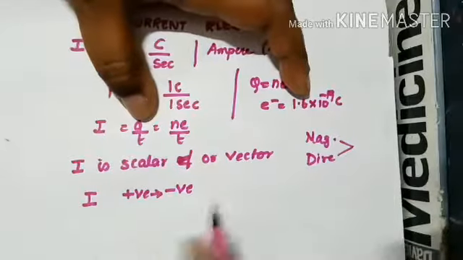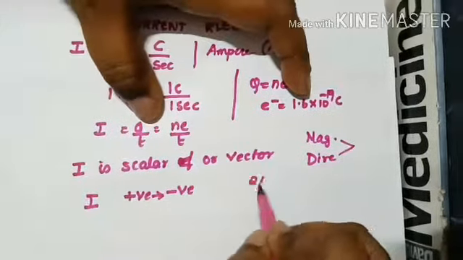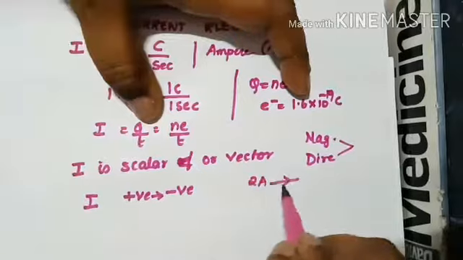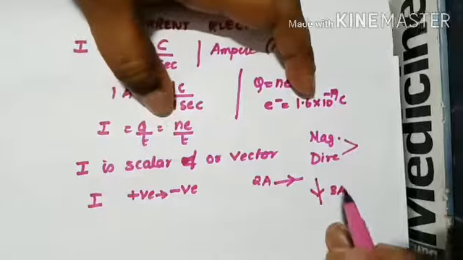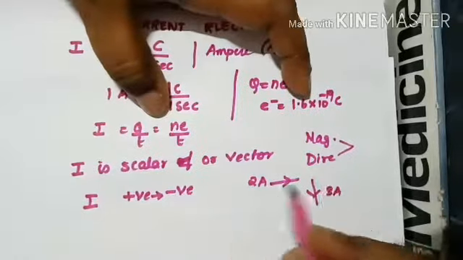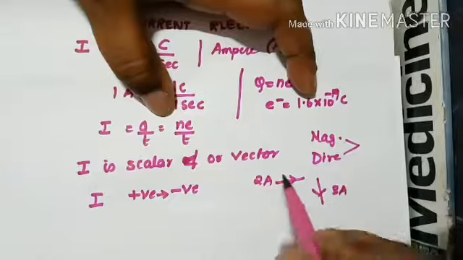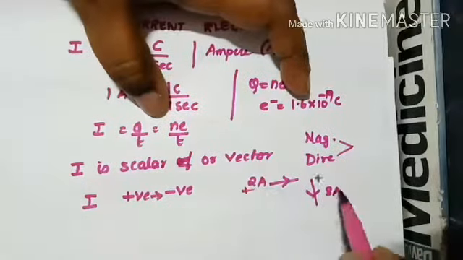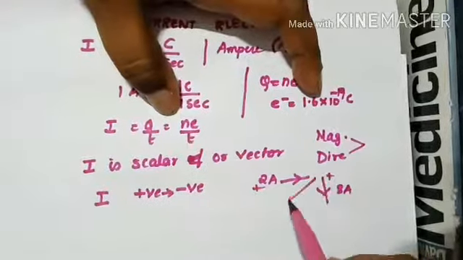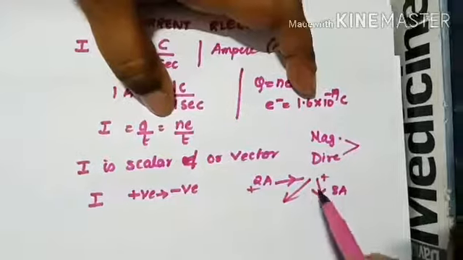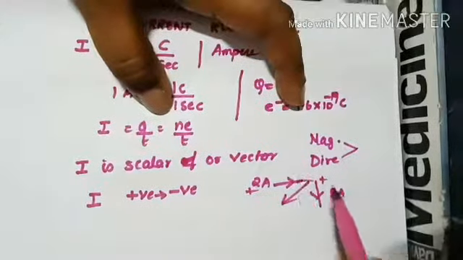And similarly, if you are given a circuit where from one side 2 ampere current is flowing in this direction, and then another current of 3 ampere is flowing in this direction, what is the total current? How would you do it? You are not given a total scenario. You are given 2 ampere going from this direction, 3 ampere going in this direction. That means both of them are coming from positive itself. So you will not say that I am going to take a component in this direction, etc. What would you do? You will just add 2 plus 3, that is 5 ampere current. I hope it is clear.